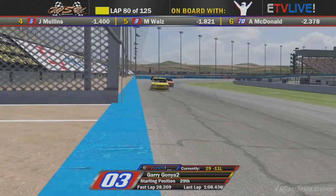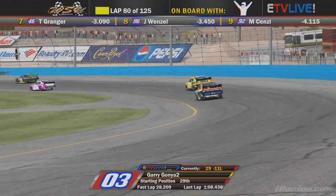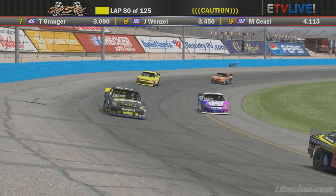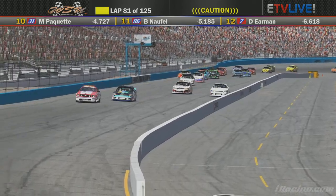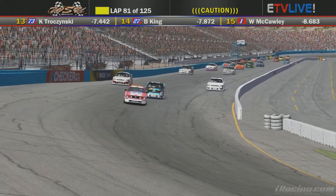Yeah, you mentioned the guys who are out of the race. We mentioned actually a couple cautions ago that we had 25 on the lead lap. That's quickly diminished where we now have 22 on the lead lap after that last wreck. It's probably going to cycle down to a little bit less than that. But you mentioned Maxime Paquette. He has just cracked the top 10 after getting the end of the longest line penalty a few cautions ago